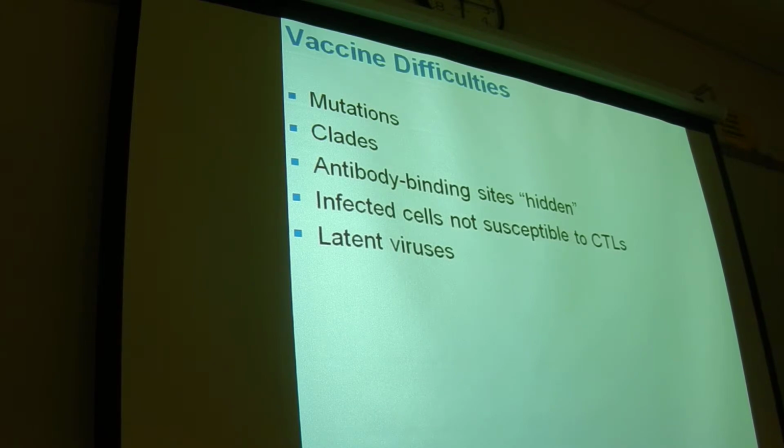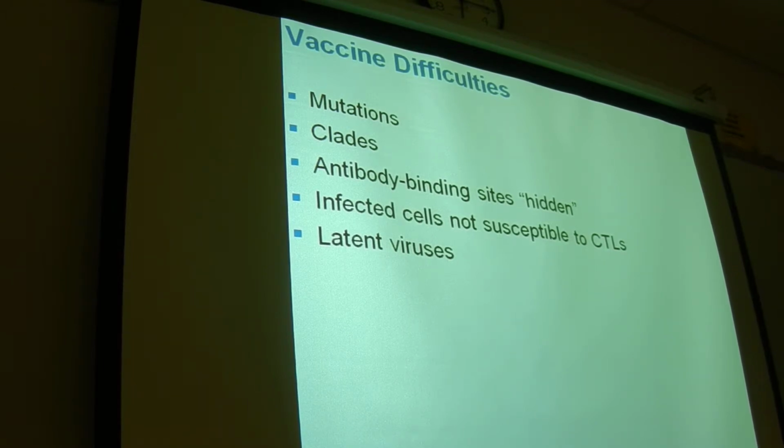HIV is a highly mutated virus. It mutates all the time. So any vaccine that could be given at a certain time, HIV would have the ability to undergo a mutation quickly so that it could evade the immune cell. There are these different clades, like I said. Each clade has slightly different genetics and makeup, so you couldn't just have a single universal vaccine. You have to have different vaccines for the different clades.